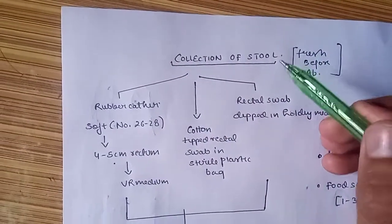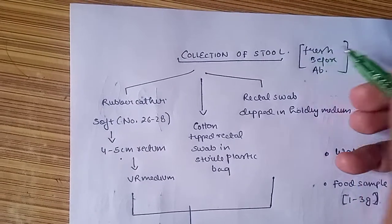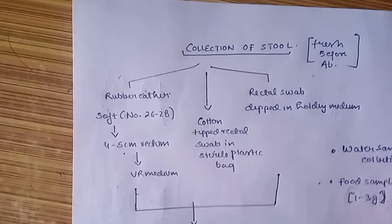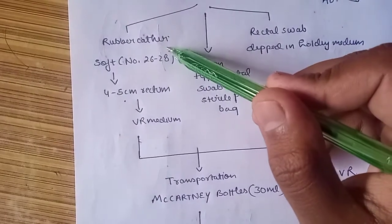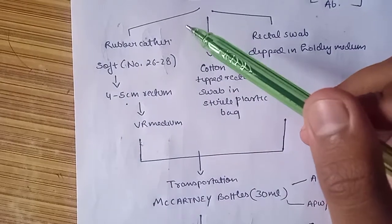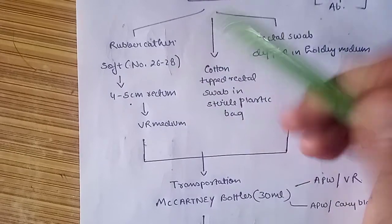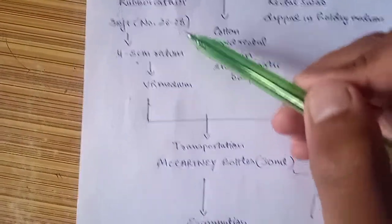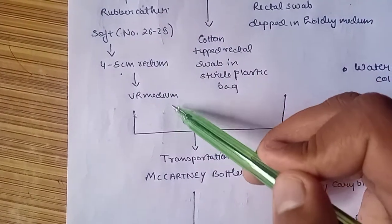So we will start the diagnosis by collection of stool, and this stool should be a fresh sample, and the patient should not be pre-treated with any antibiotic. Now, this collection of stool sample can be done via the rubber catheter, which is a soft type and is lubricated with paraffin wax or any other lubricant, and its size ranges from number 26 to 28, and it is inserted 4 to 5 centimeter within the rectum, and then it is taken out,